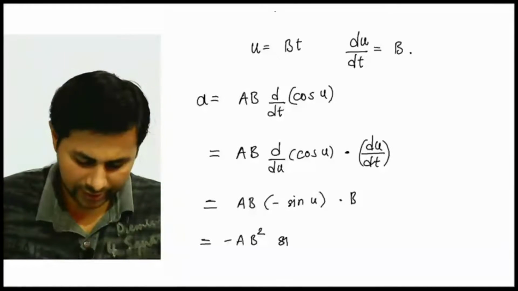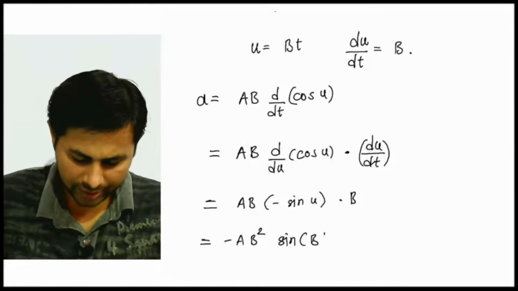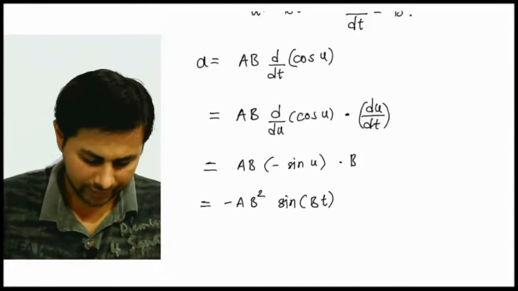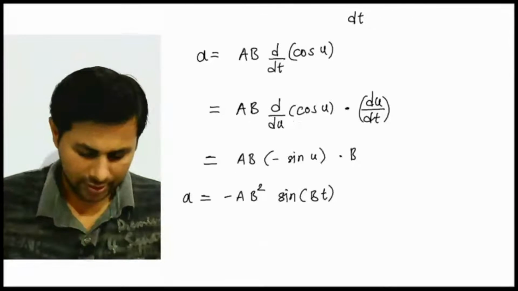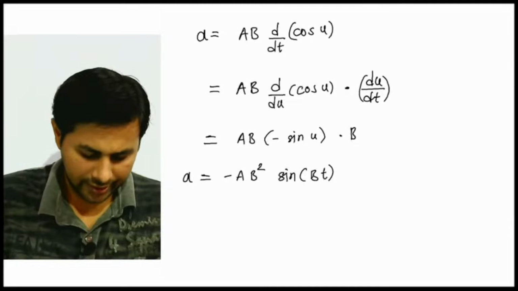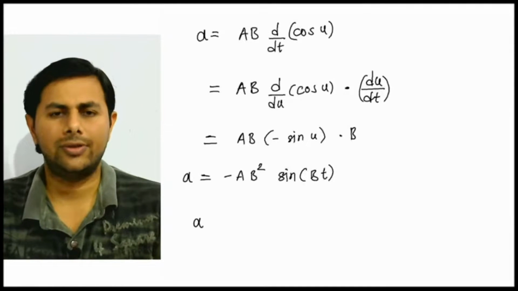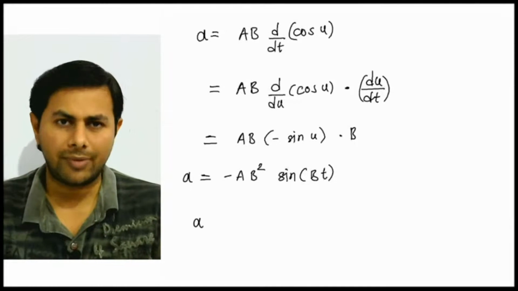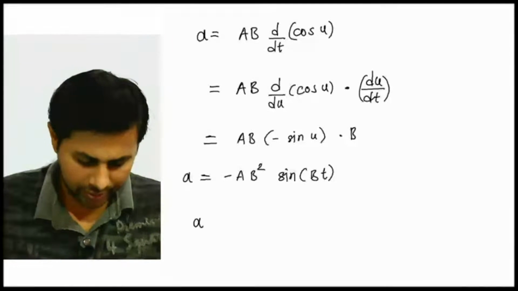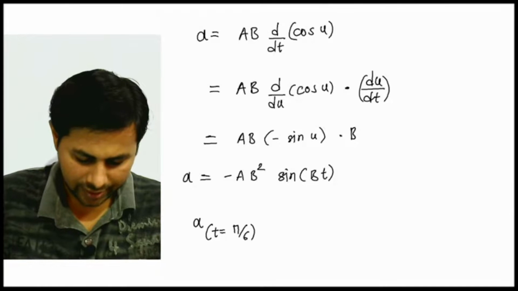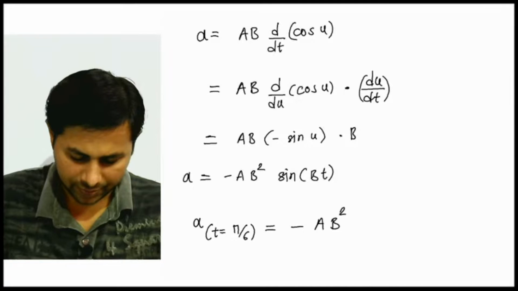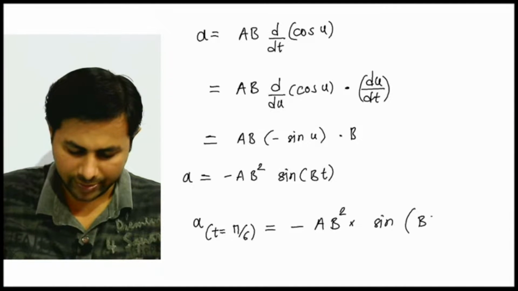So we can write this as minus a b squared multiplied by sine of bt. Okay, and then we wanted to find out acceleration at t equals pi by 6 seconds. So acceleration at t equals pi by 6 will be equal to minus of a times b squared into sine of b times pi by 6,